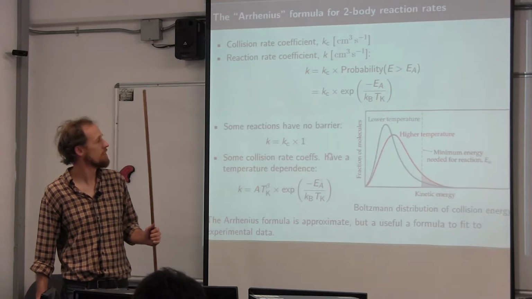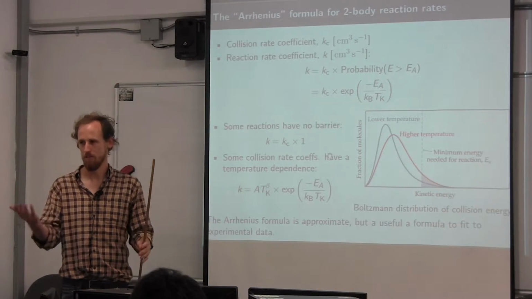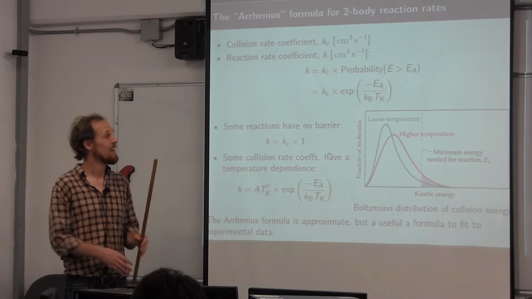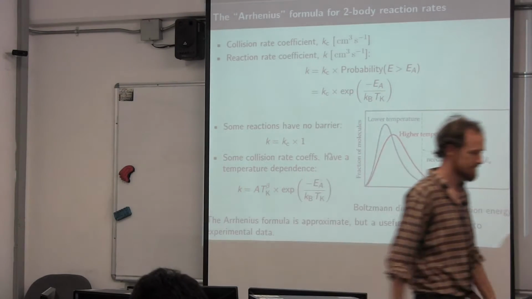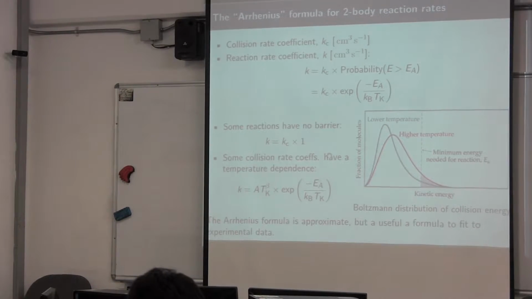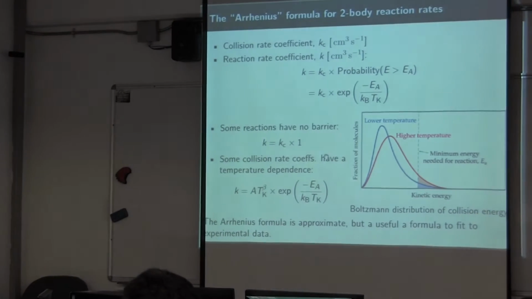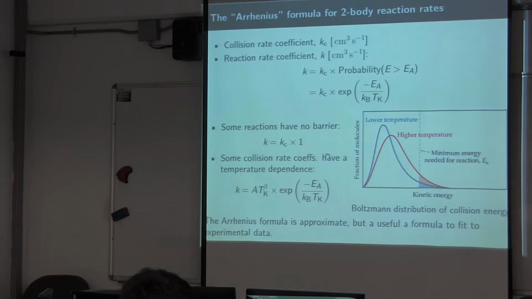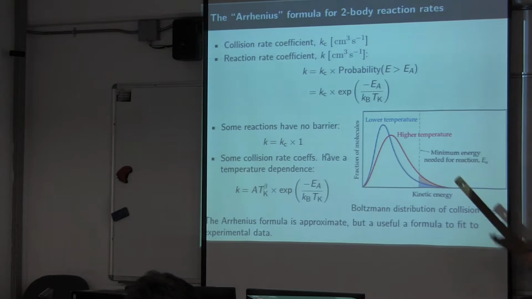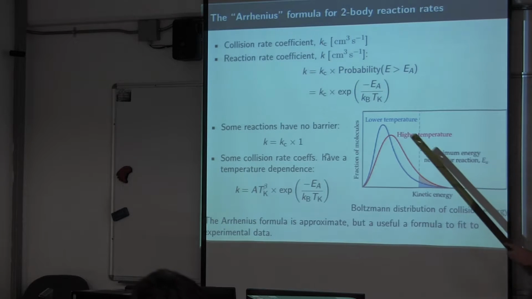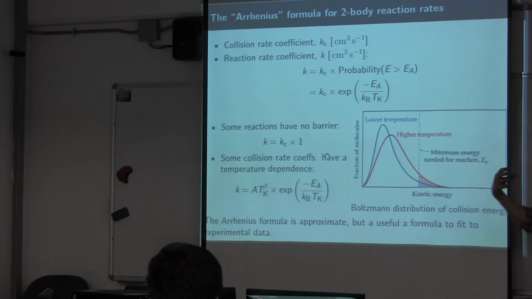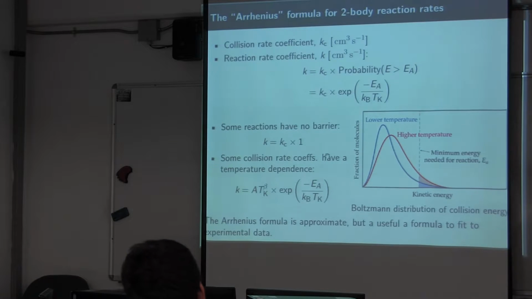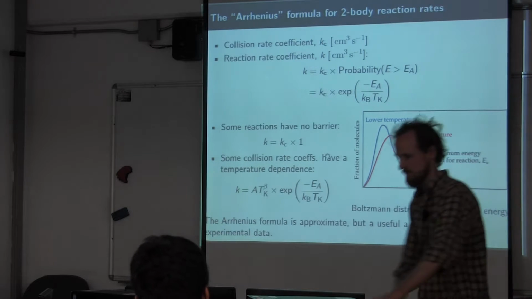So now, you're asking how do you know what the reaction rate is? This is not really a rigorous theoretical depiction of it, because it turns out those calculations are really, really difficult. So instead, this is more like the experimental formula people use. The idea here is that we have the collision rate coefficient. This is just the probability that two particles will collide. The picture from before,